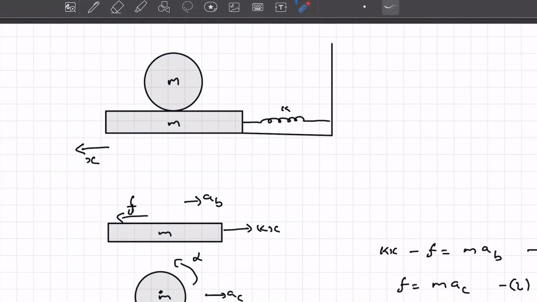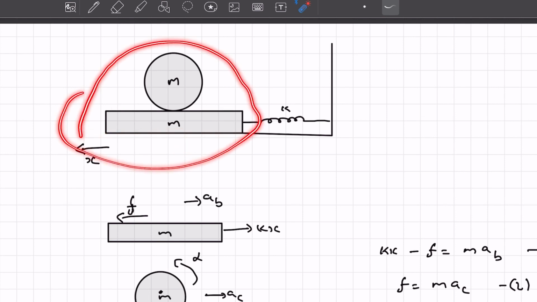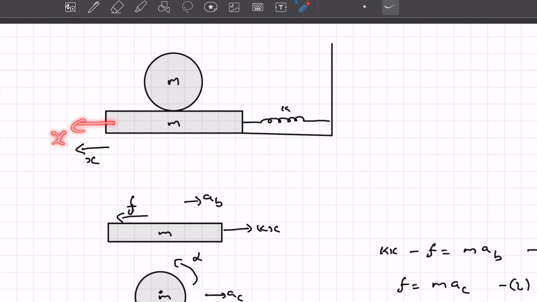Hey everyone, in this video we'll be solving this problem from David Morin. So basically we have a system which has a cylinder, a board and a spring. The cylinder can freely roll on top of this board because there is sufficient friction here, and the ground here is frictionless, and it's given that this entire system is pulled towards the left by an amount of x, and then we are required to find the frequency of oscillation